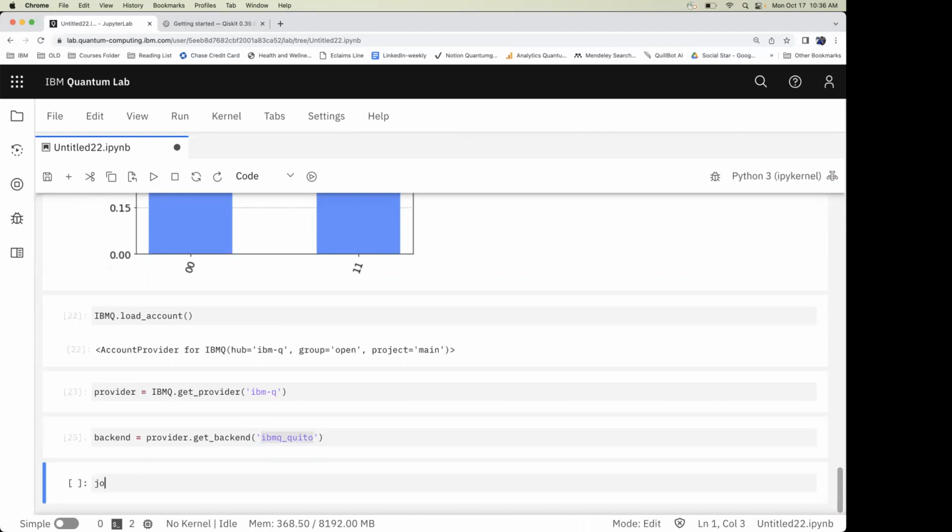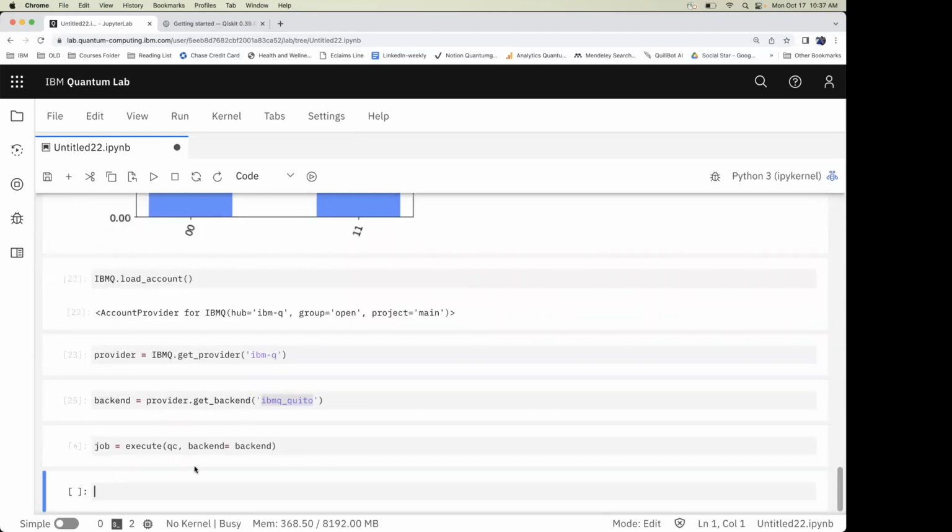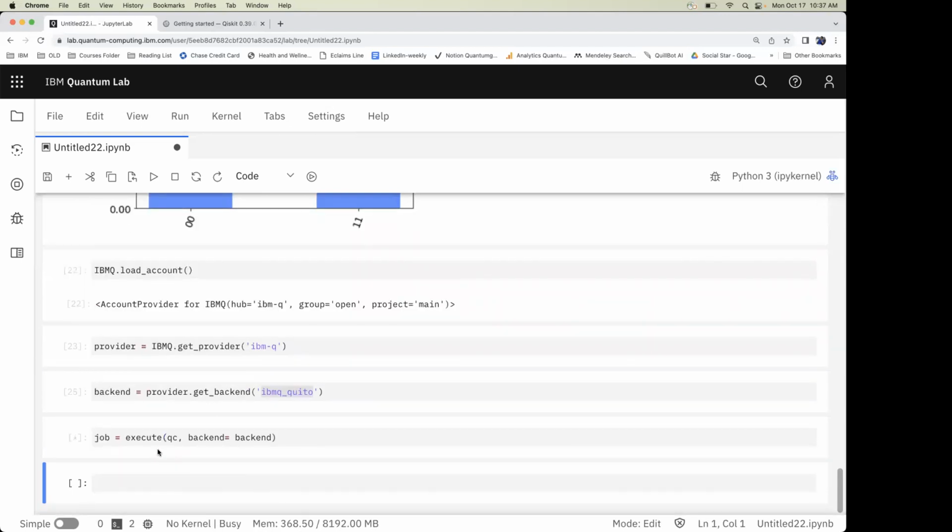And again, if I want to send the job, I can do execute, the same process that we use for running on a simulator. I can put my quantum circuit and I can put backend equal to backend. So now this job has been sent to the actual quantum computer, but it is not executed on the spot, because I told you there's a queue mechanism. A lot of people are accessing the quantum computer right now. So we take the jobs from all the people, put them in a queue, and then one by one, we process them.